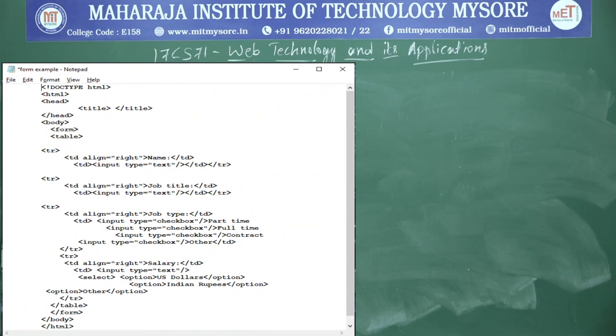So followed by the text, select option, that means there is a drop down list. So there are three options over there: US dollar, Indian rupees, and again other. Okay. So next I have closed the select, TD, that means the second cell of the fourth row, and again TR, that means the fourth row I have closed. And again I have closed that table, form, body and all.